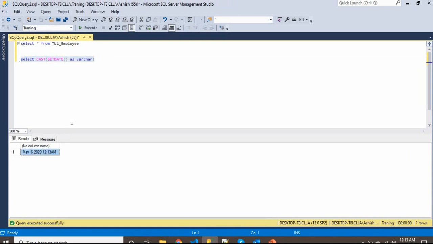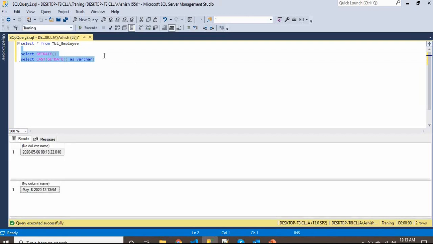See the difference: when you only select GETDATE, which returns the current date, its type is date, and this is the type of your string, or I will say varchar or nvarchar. So this is the conversion we have from cast.